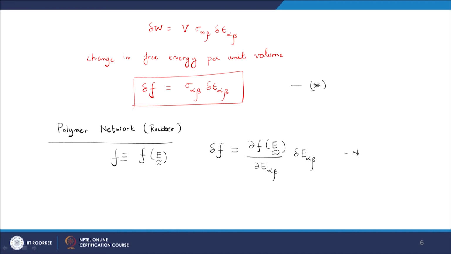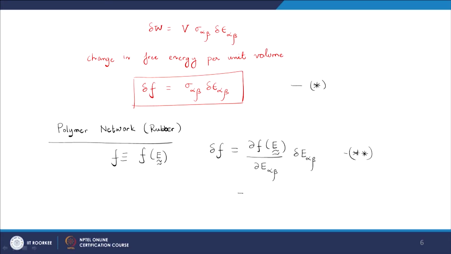this one and this one, and I can compare these two to get the relation that we are interested in, that is the definition of the stress tensor. So, you can see here that although both of them contain alpha and beta, both of them are dummy indices in the two cases. So, we have to be somewhat careful while we are equating these two expressions. So, this is equal to